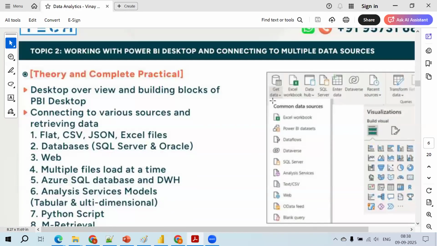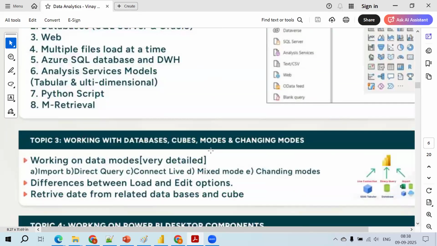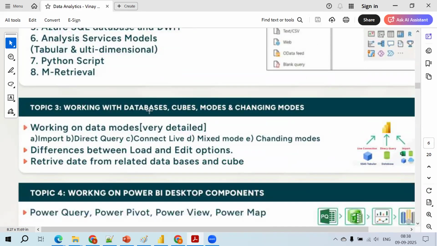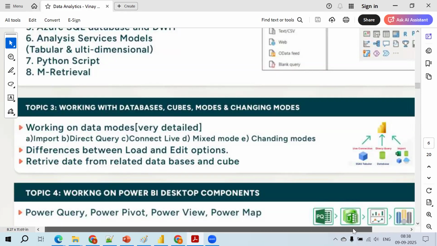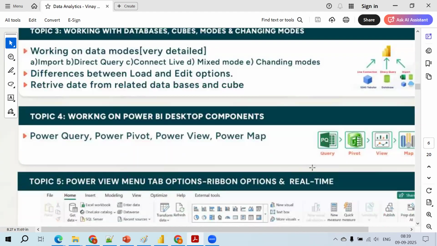You can get the data from these many data sources. We're going to have a deep dive into this from tomorrow onwards. Tomorrow, maybe, I will be explaining the data warehouse concepts, friends, which are really, really important. Working with databases, cubes, and file systems, and different connection modes. Cube, SSAS cube, databases, and you can import the data from file systems and cloud as well. These are the different options.